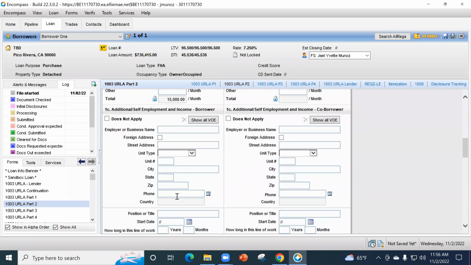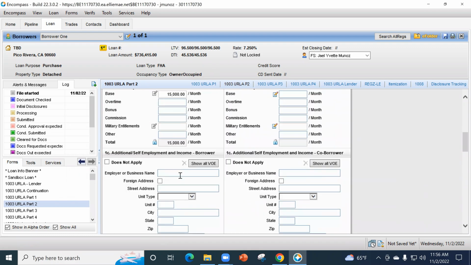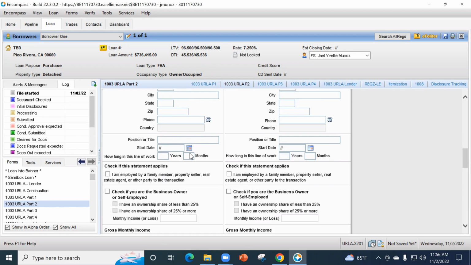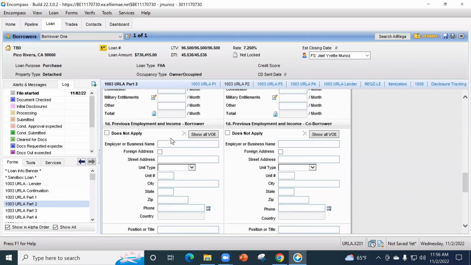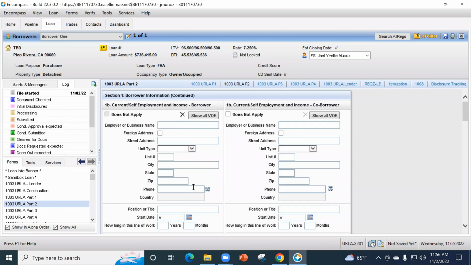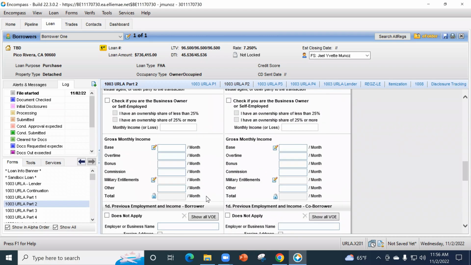If they have additional employment, let's say they work as self-employed, but they also have a part-time job, we can put that on here. Do keep in mind, if they have that employment as a secondary job, it needs to be at least 2 years. So if it does not apply, you can just click does not apply. This is a previous employment. If they are at this job for less than 2 years, we're definitely going to need them to provide